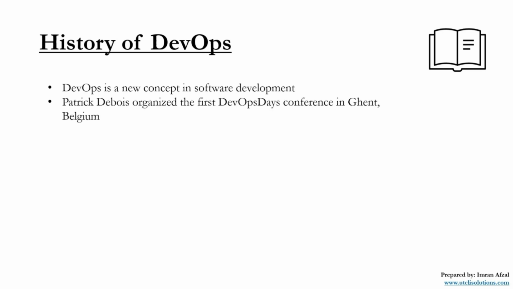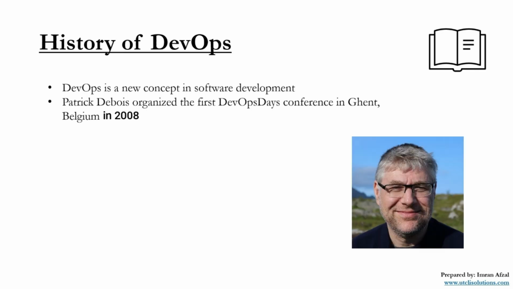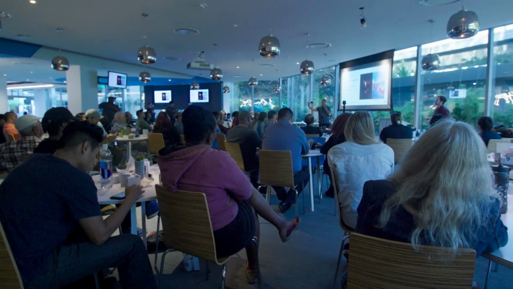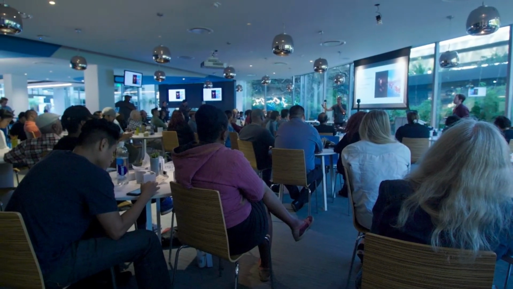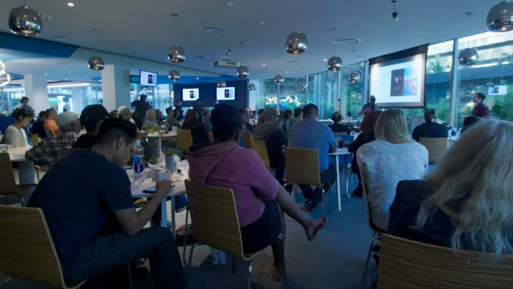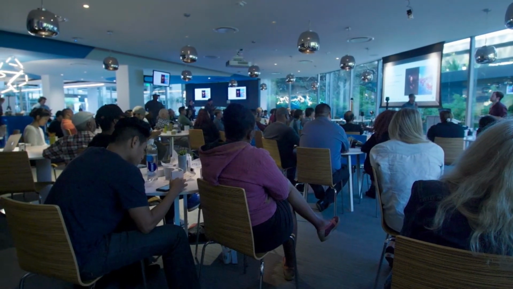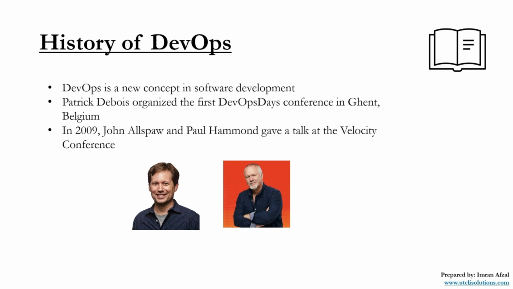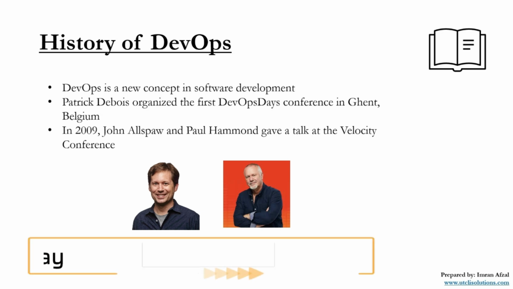One of the earliest references to DevOps was in 2008 when Patrick Debois organized the first DevOpsDays conference in Belgium. The conference brought together developers and operations professionals to share ideas and best practices for improving collaboration and automation in the software development process. Then comes 2009 when John Allspaw and Paul Hammond gave a talk at the Velocity conference titled